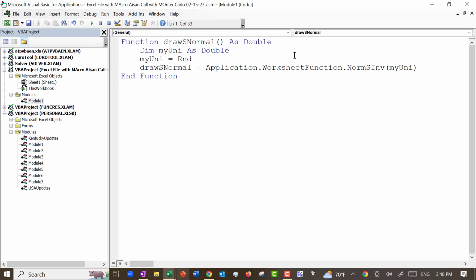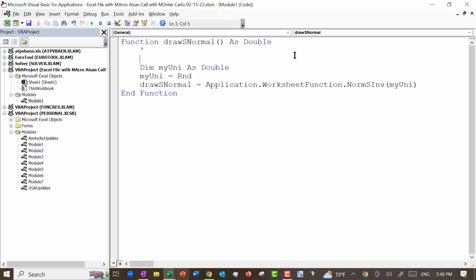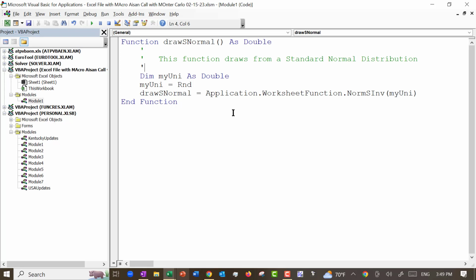So this function draws from a standard normal distribution. Okay. Now